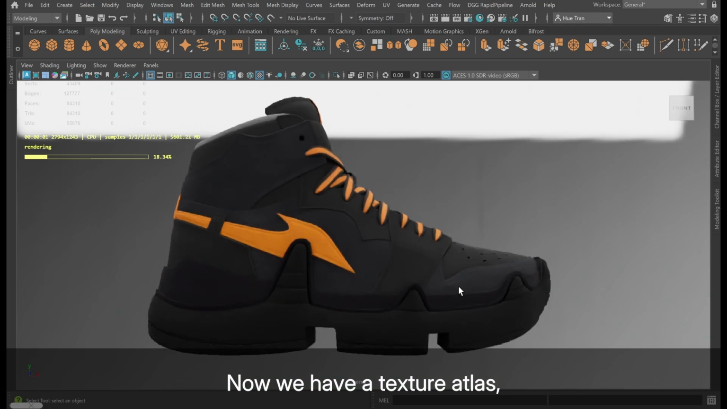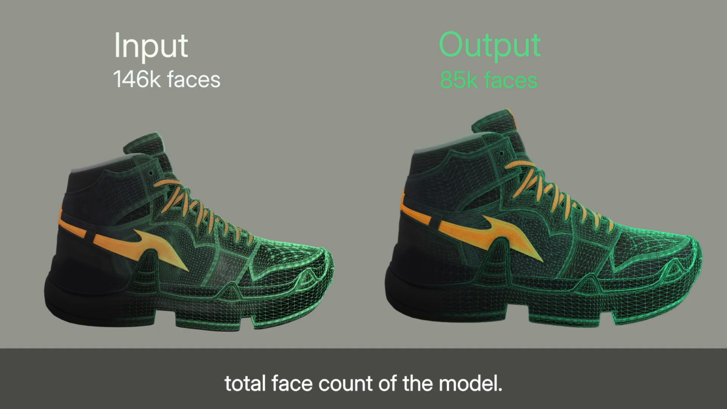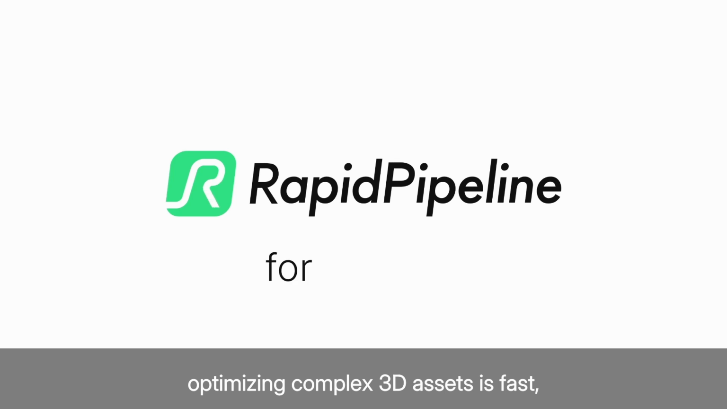Now we have a texture atlas, reducing the total number of materials from 4 to 1, while simultaneously lowering the total face count of the model. With RapidPipeline, optimizing complex 3D assets is